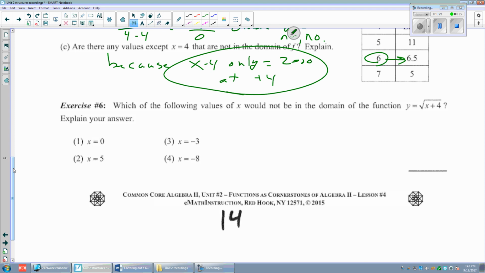Which of the following values of x would not be in the domain of this? Let me see. What's special about that? I can take the square root of 3. I can take the square root of pi. I can take the square root of 27. I can take the square root of 16. I can't take the square root of negative 2. So that means x plus 4 has to be greater than or equal to 0, because I can take the square root of 0. Whenever you have a radical,